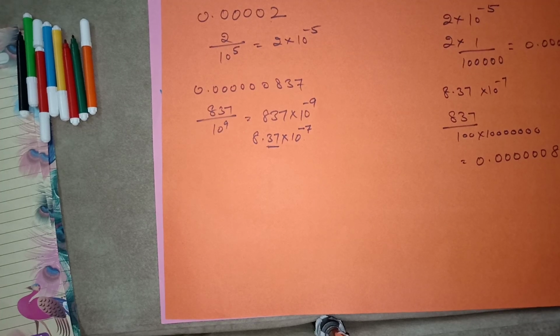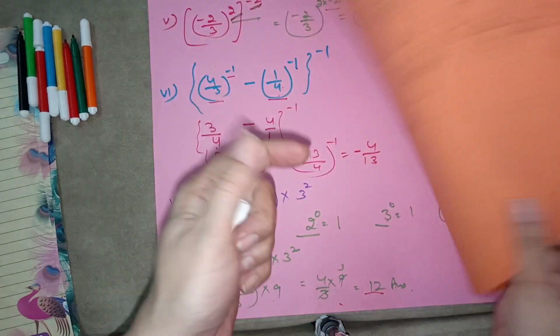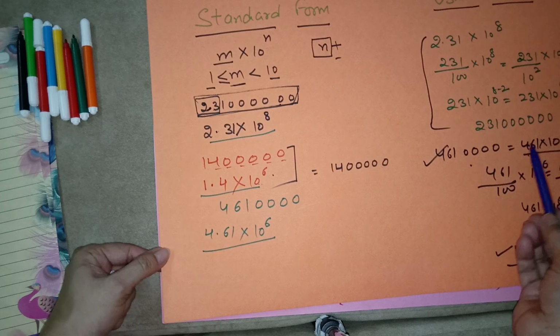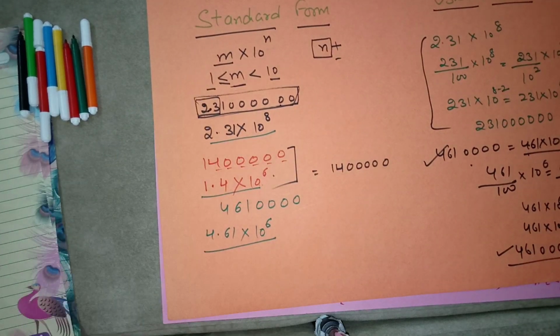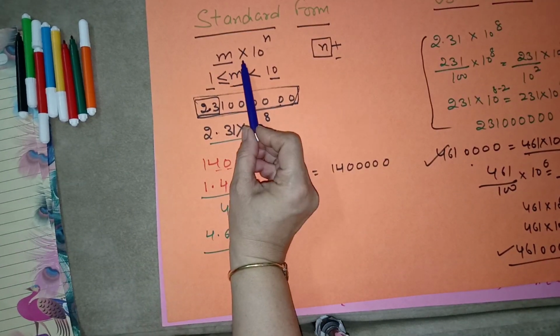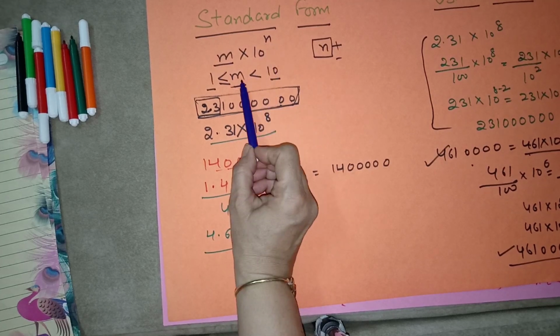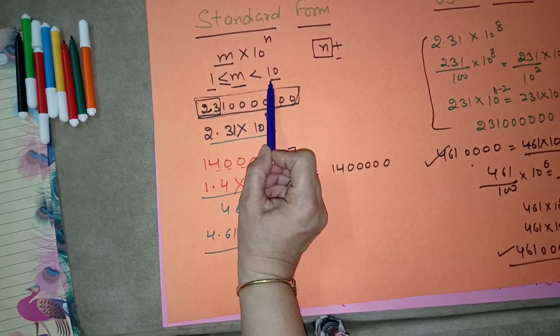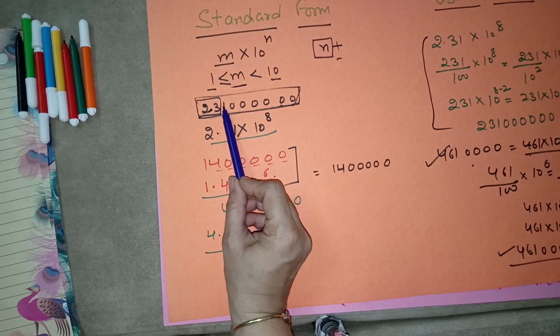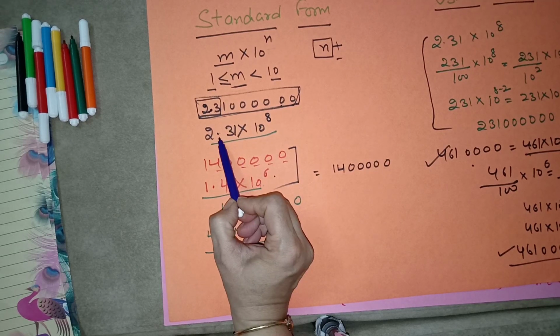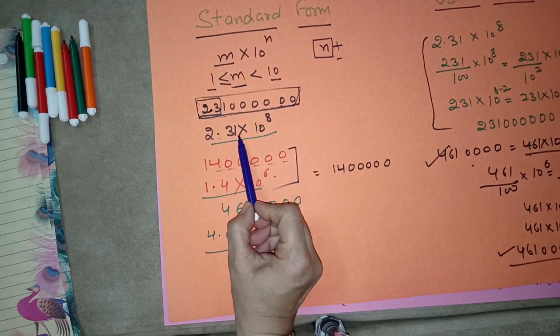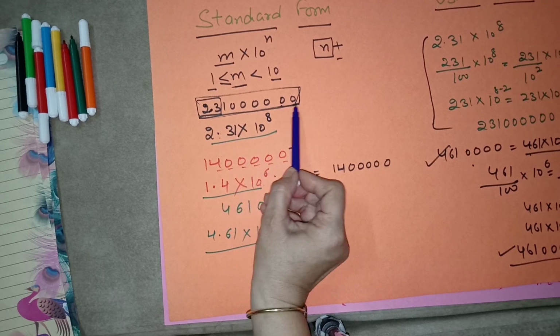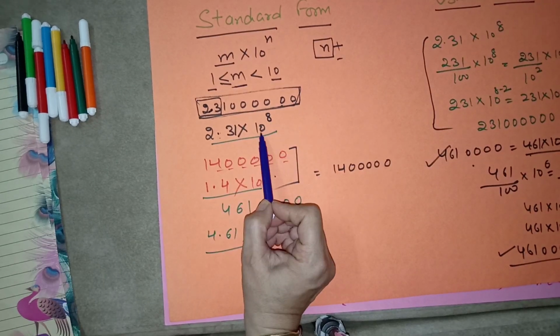I think so all types I had explained, how to write in the standard form and how to write in the usual form. Standard form, when it is given m multiply 10 is to power n, m lies between 1 and 10. It is given 231. Then what is that? After 2 you will put decimal, 31 you will write as it is. Then count the digits. How many? Put that power of 10.